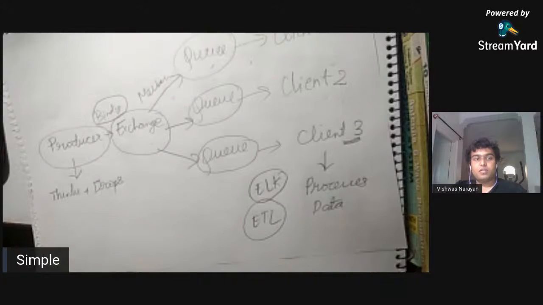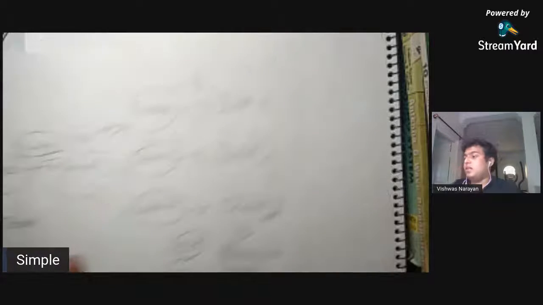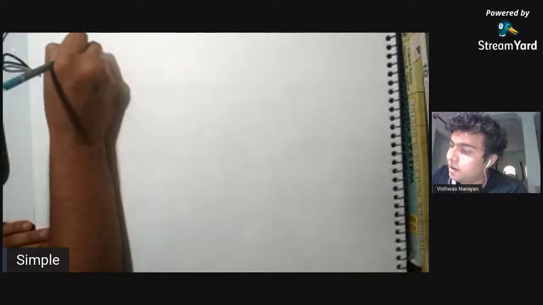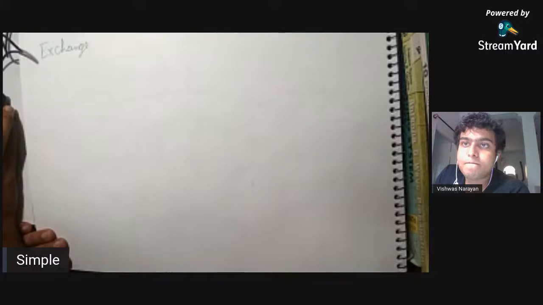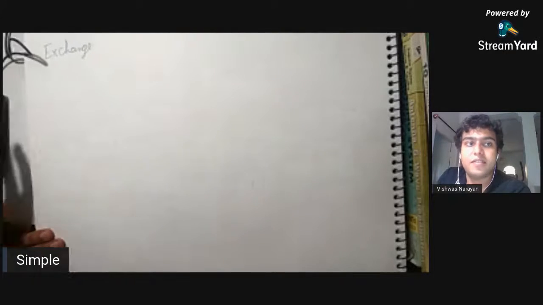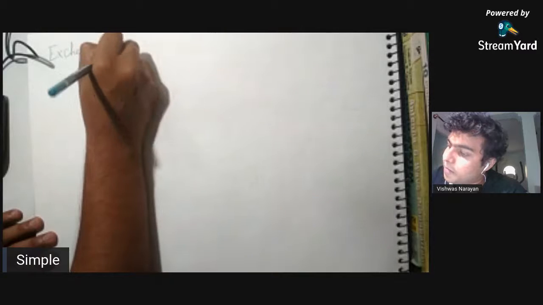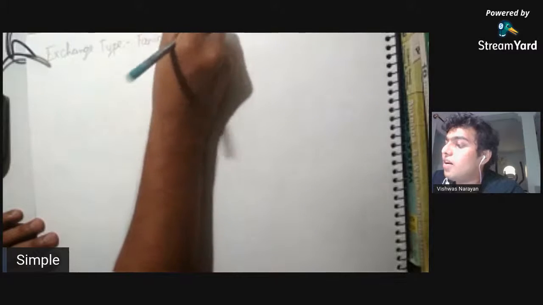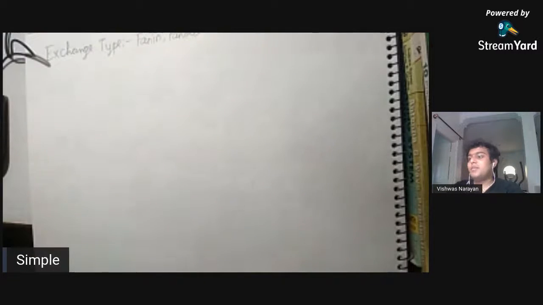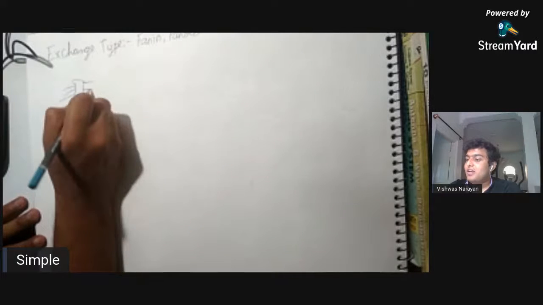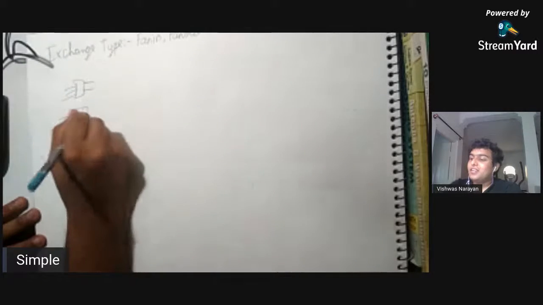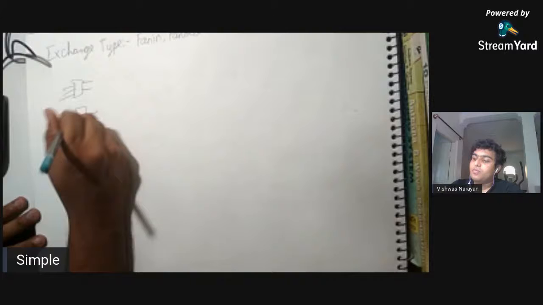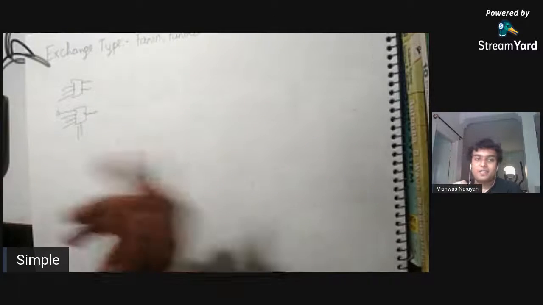So now, let me just say one thing. Exchange types are in plenty. Exchange type. Fan in, fan out. You know, if you are an EC person, you know the number of fan ins and the number of fan outs in an IC, like inputs, outputs. You know, for a mux it's 2. And the select lines, so 4, and there'll be 1 select line. So whenever the input you give, this is where fan in and the fan out comes into the picture.